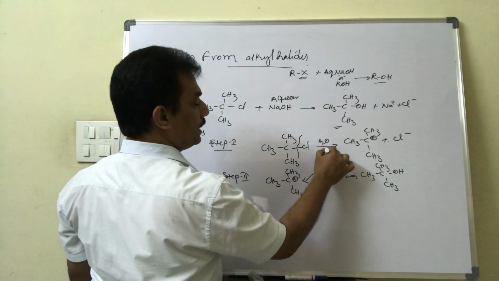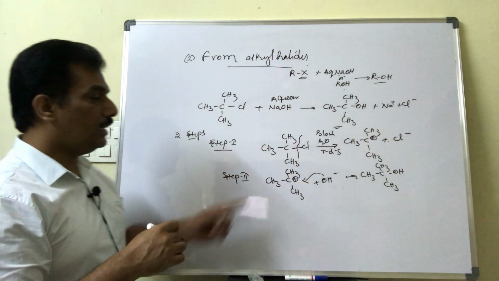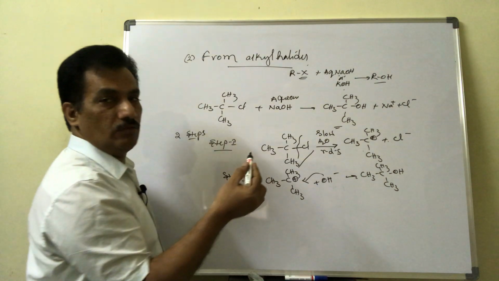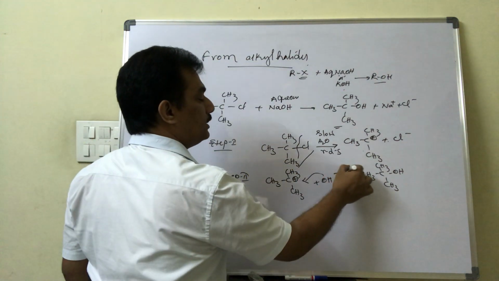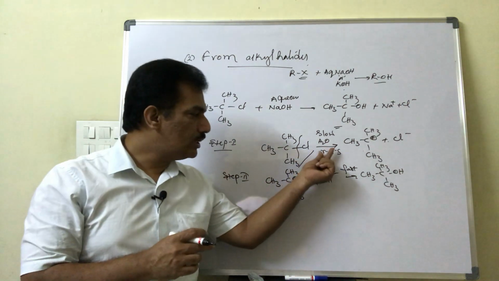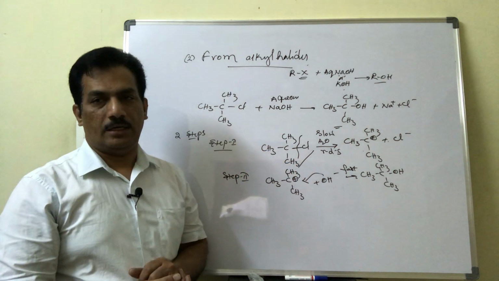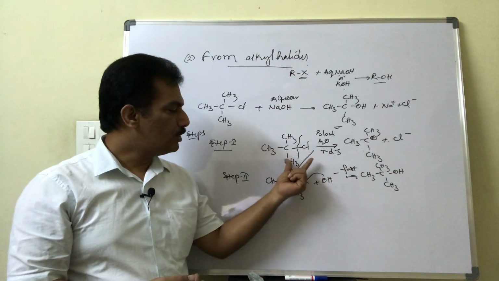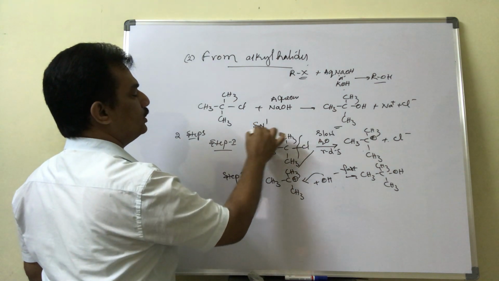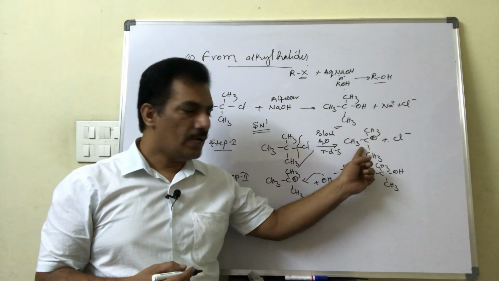Of these two, this is rate determining step. The reason is it is the slow step, and because of rate determining step involves only one molecule, that is substrate molecule only is involved. It is a fast step. In fast step, whatever the number of molecules involved, we are not considering as the molecularity. Only in rate determining step, the number of molecules involved in the reaction is nothing but molecularity. So here the rate determining step involves only one molecule, hence it is unimolecular nucleophilic substitution, which is nothing but SN1 reaction.